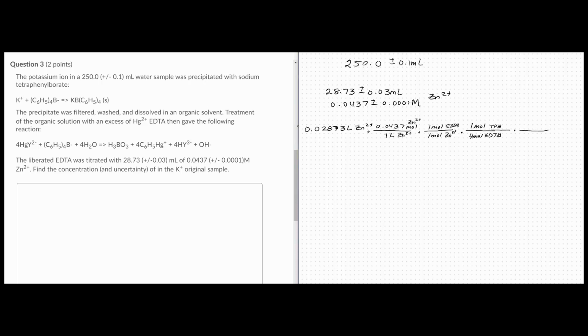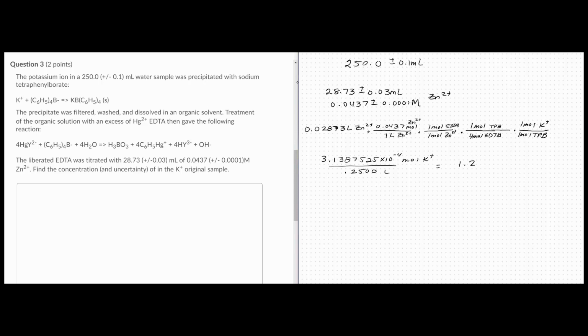And 1 mole of tetraphenyl borate reacts with 1 mole of potassium. So originally I must have had 3.138725 times 10 to the negative 4 moles of potassium. The question wanted the concentration, so then I need to divide that by 0.2500 liters. And I get a concentration then of